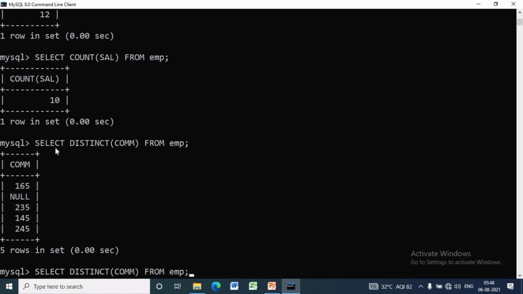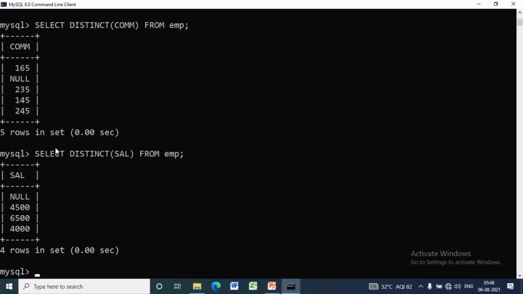Now we'll see how we can get distinct combinations of different columns. SELECT DISTINCT SAL, COMM FROM EMP will provide us distinct combinations of salary and commission in the EMP table. The combinations will be unique.